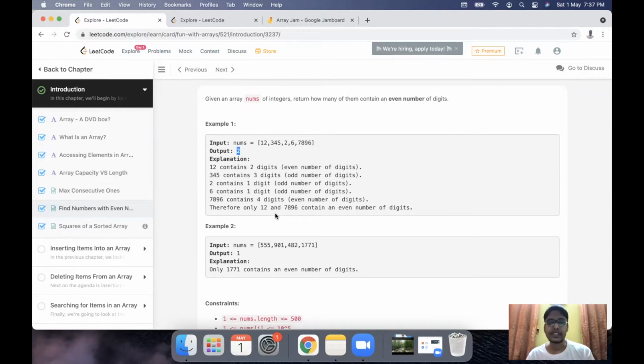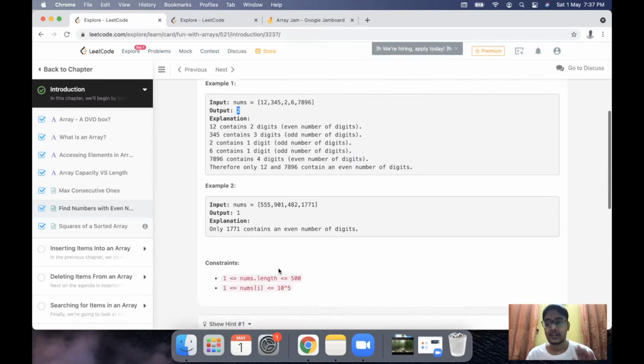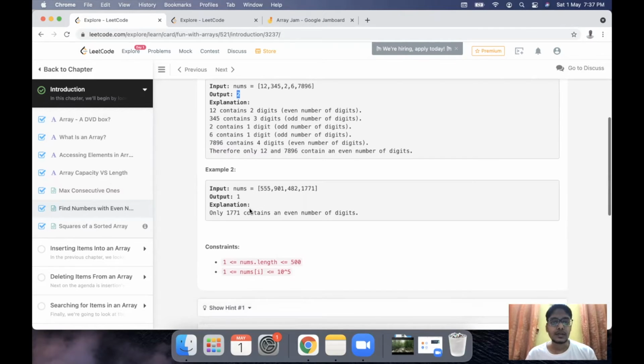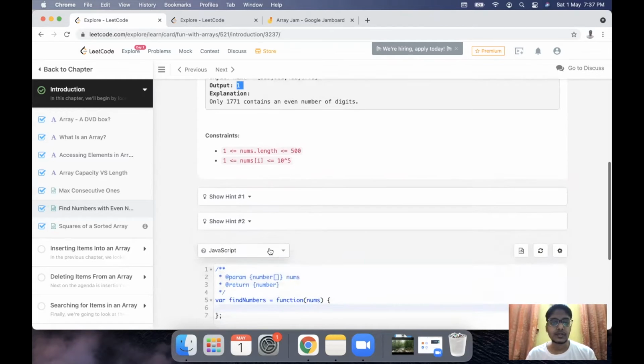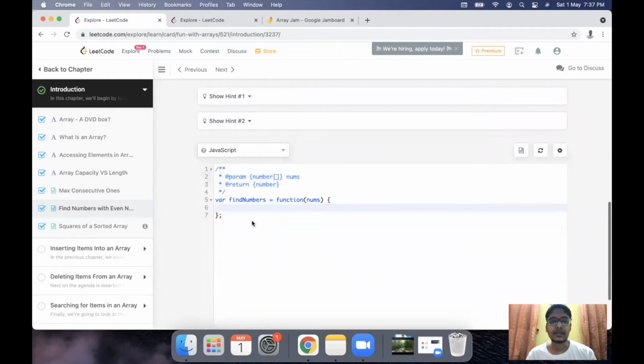So it's a pretty basic problem, I think, and we can start off with some basic problems, then move towards the more difficult ones from there. In the second example, as we can see, in these 4 numbers, only 1771 has an even number of digits. That is why the output is 1. So here we have our LeetCode problem